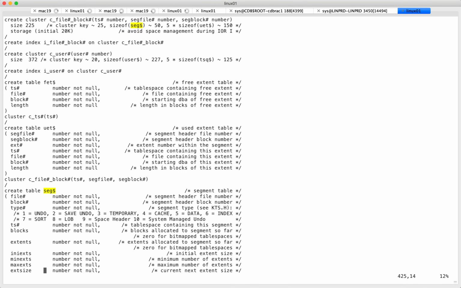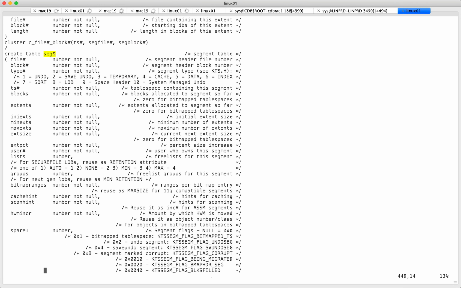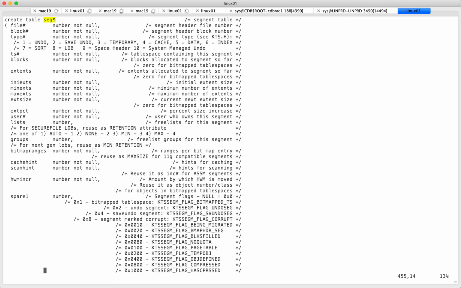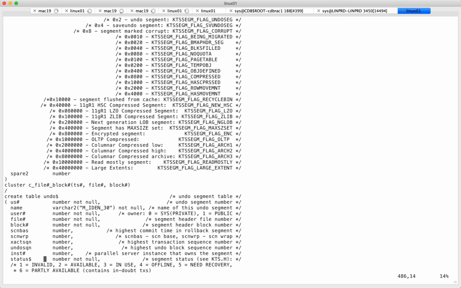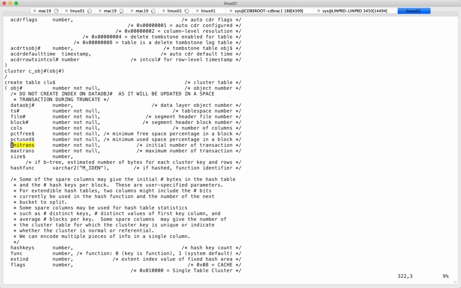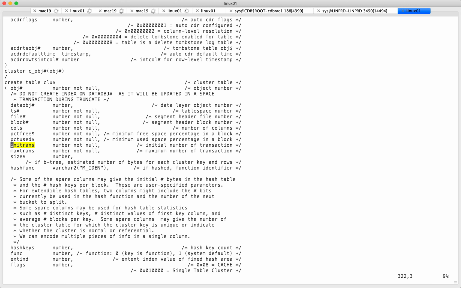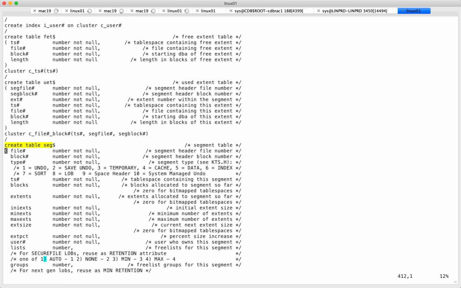So we create a table seg$ in this cluster, and apparently they don't even set the INITRANS. I'm not recommending you do that, but